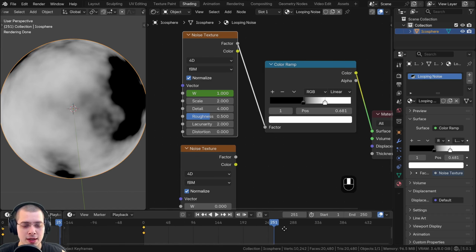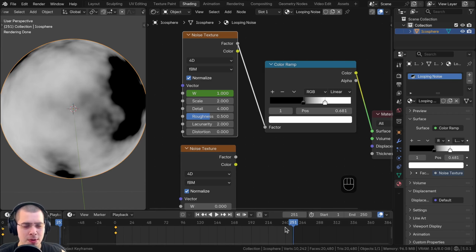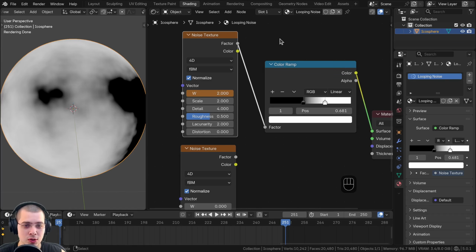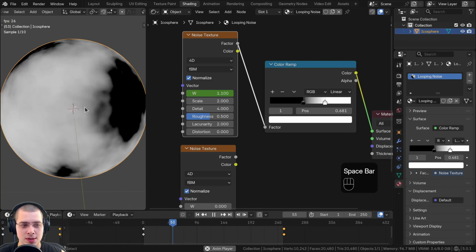Now why we're doing that is because if we animated it to 250, then frame 1 and 250 would look exactly the same, so it wouldn't be a perfectly seamless loop. So we're going to go 1 frame after the end frame. So now in this W value, you can turn this to whatever you want. I'm going to turn it to 2, and then I'm going to hover my mouse over the value and hit the I key. So now if I hit the spacebar to play the animation, you can see it's slowly starting to speed up,